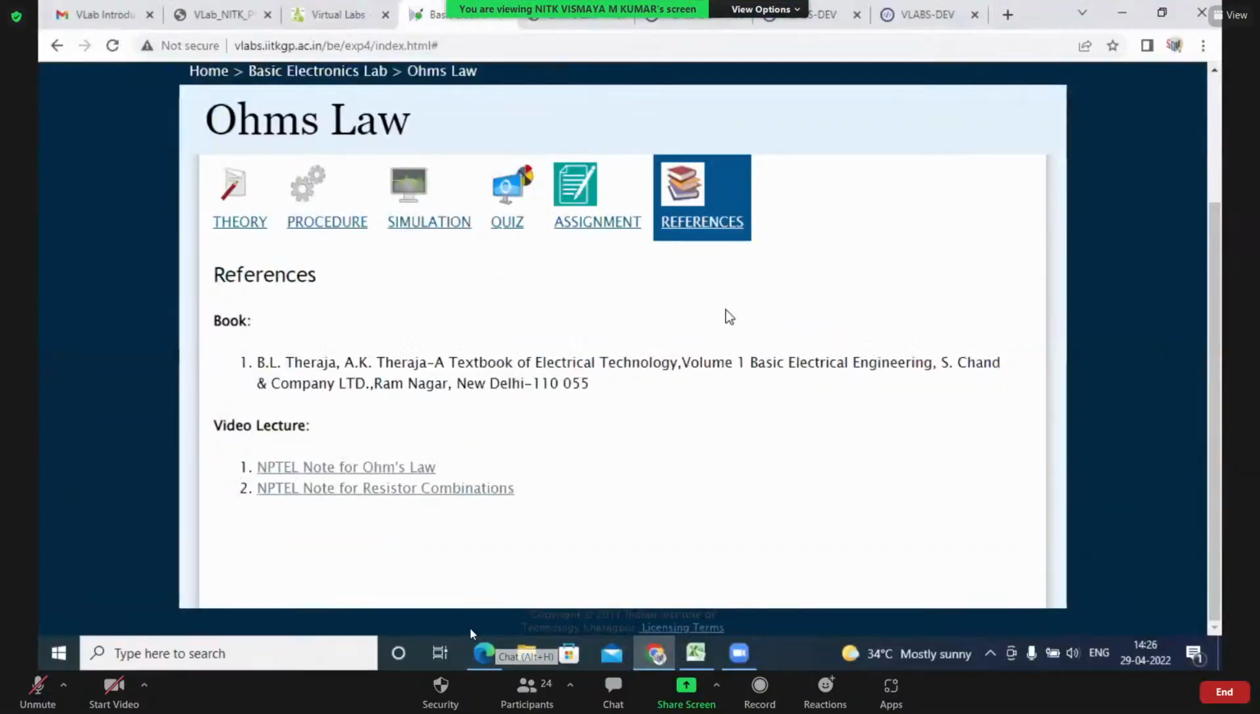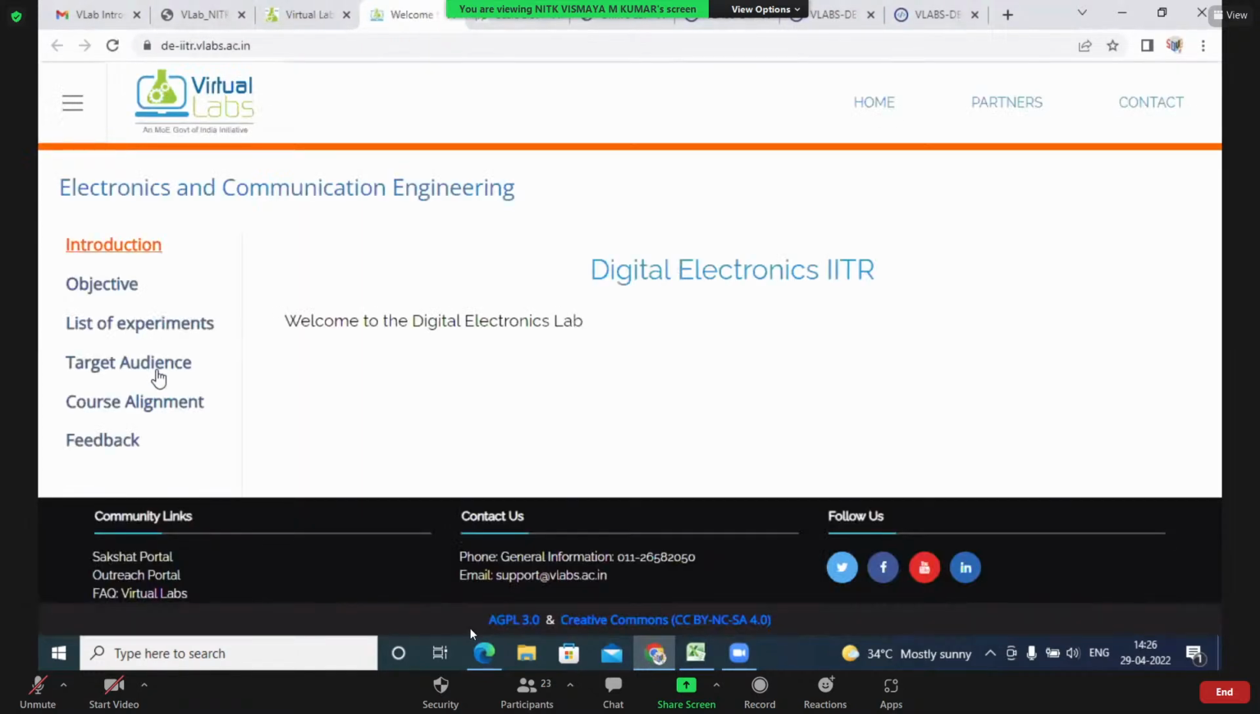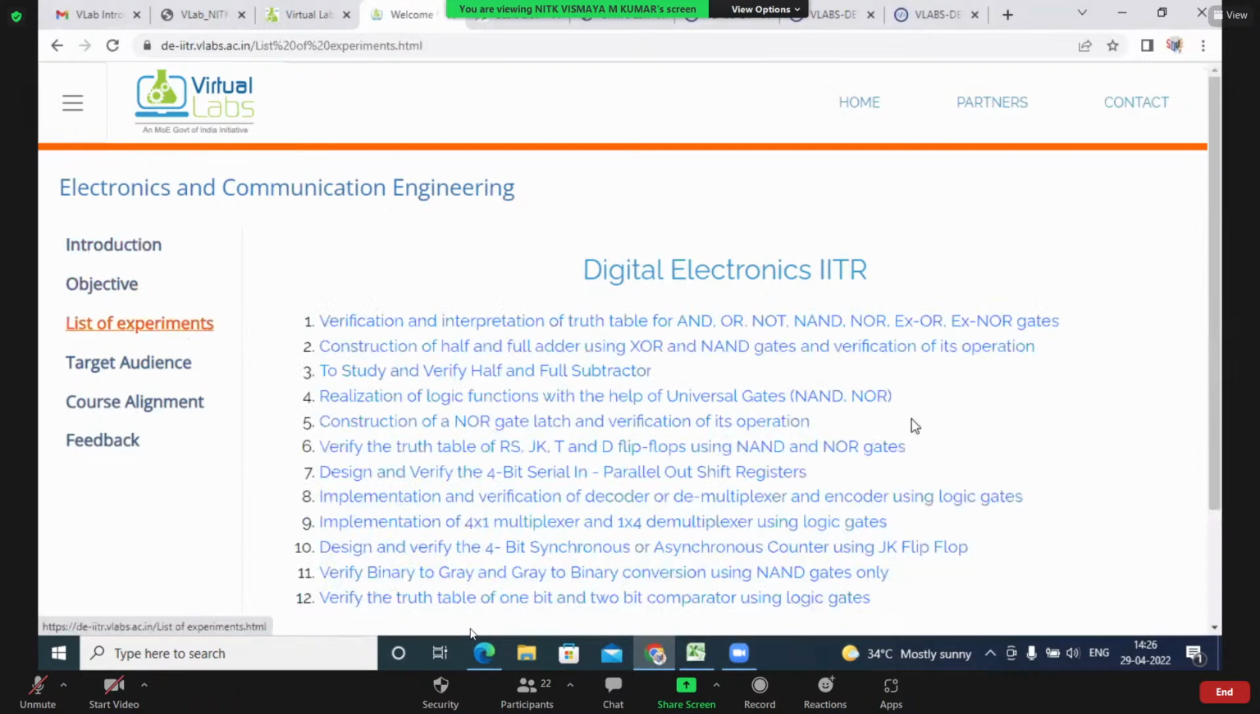So this is all about the basic electronics lab. Next, I will select a digital electronics lab developed by IIT Roorkee. It comes under the upcoming lab section. Here we have the introduction, objective, list of experiments, target audience, course alignment, and the objective. Moving on to the list of experiments, we have